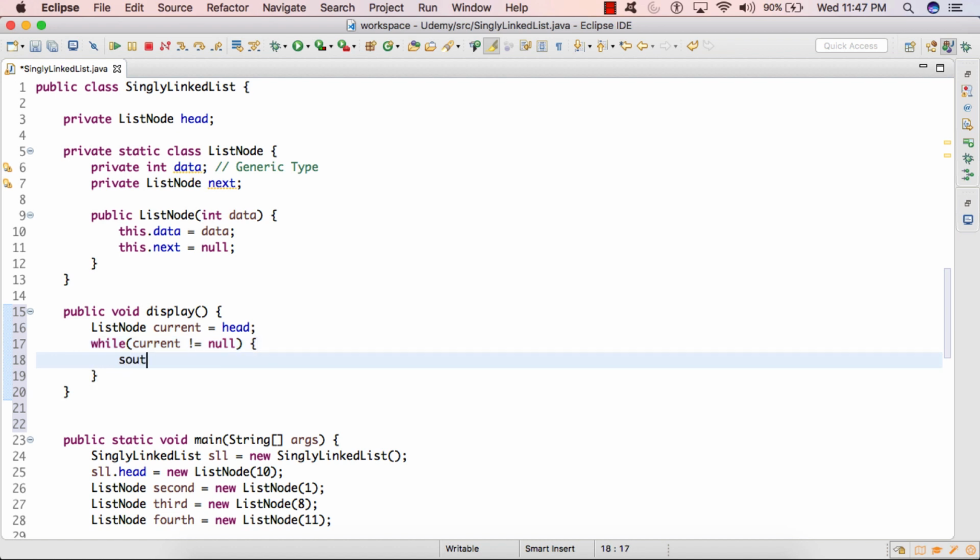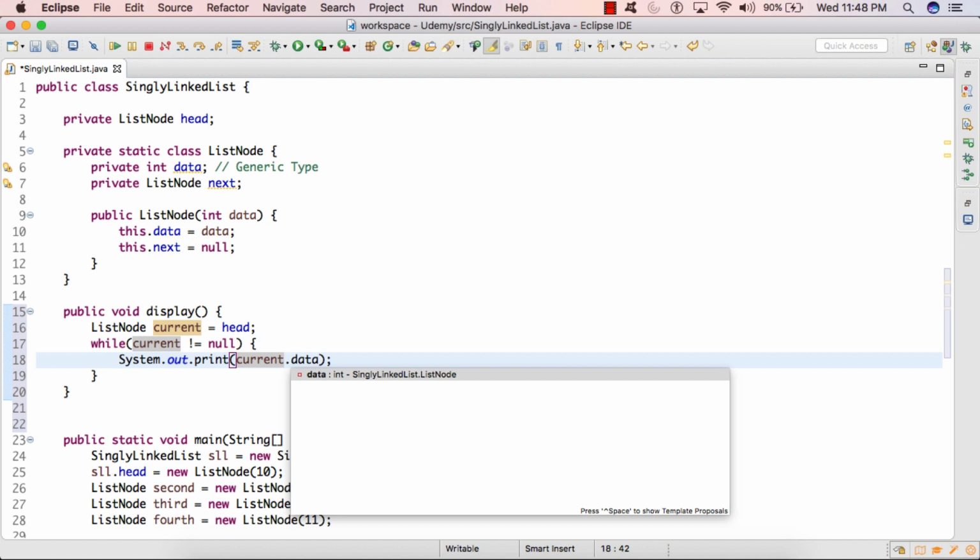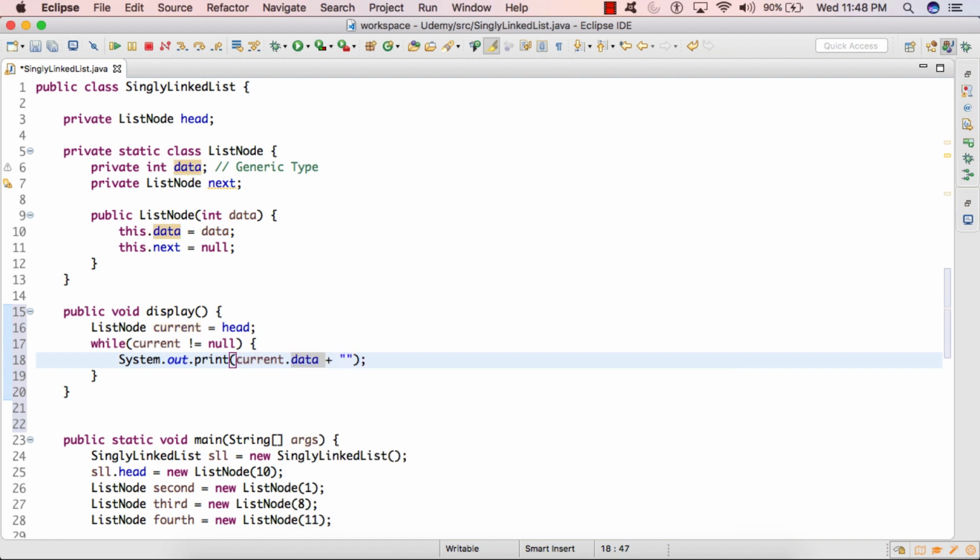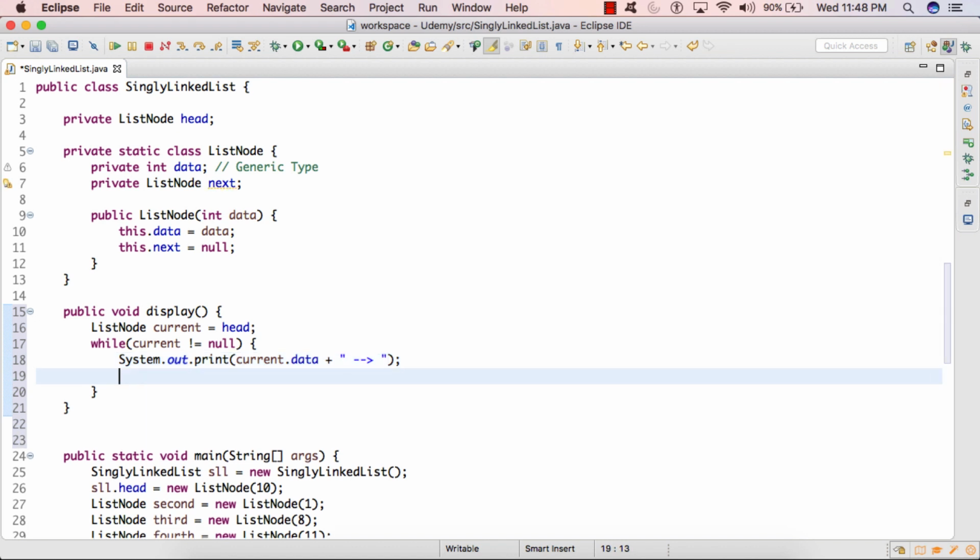So here we will print current's data on the console and then we will simply traverse current to its next by assigning current next value to current.